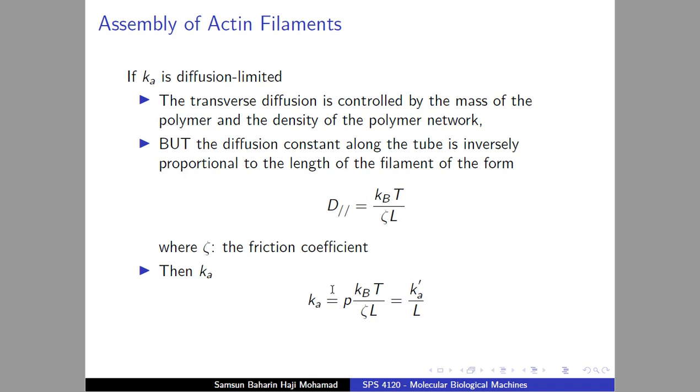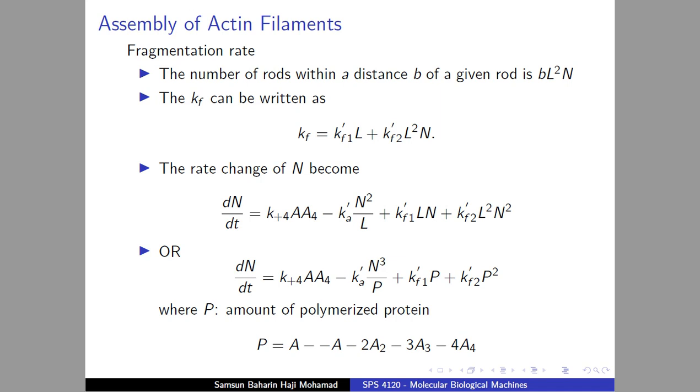Before this, meaning that these are Ki plus Ki plus I equal to I plus Ki. These are for Ki and these are Ki plus I, the length of the actin or the filament. These are the dissociation rate. The number of rods within the distance B of a given rod is BL squared to N. B is the distance, L is the length of the molecule. Let's say the tubulin, and N is the